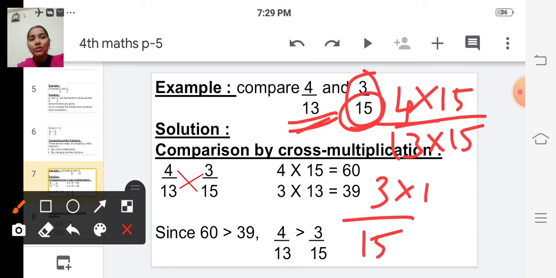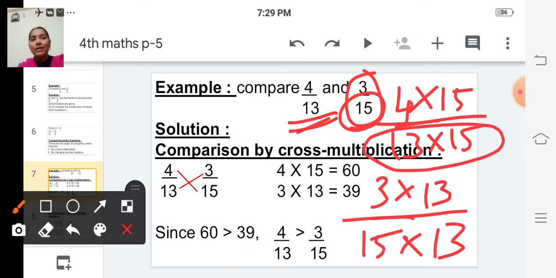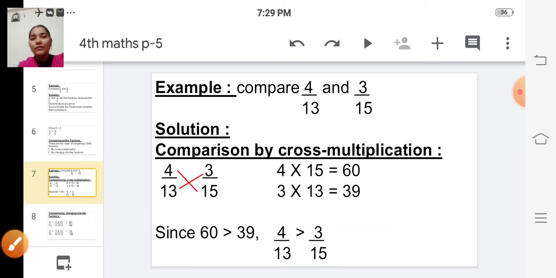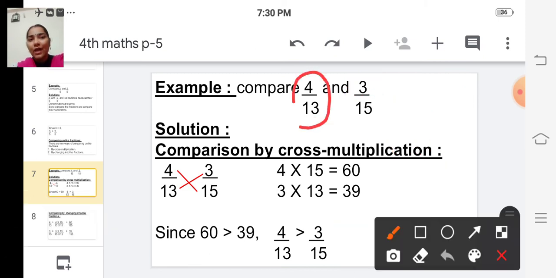So 3 into 13 divided by 15 into 13. So the denominator becomes the same, isn't it? 13 into 15 and here also 13 into 15. Okay, so what do we have to do? We have to multiply this fraction by this denominator, and next step we have to multiply this fraction by this